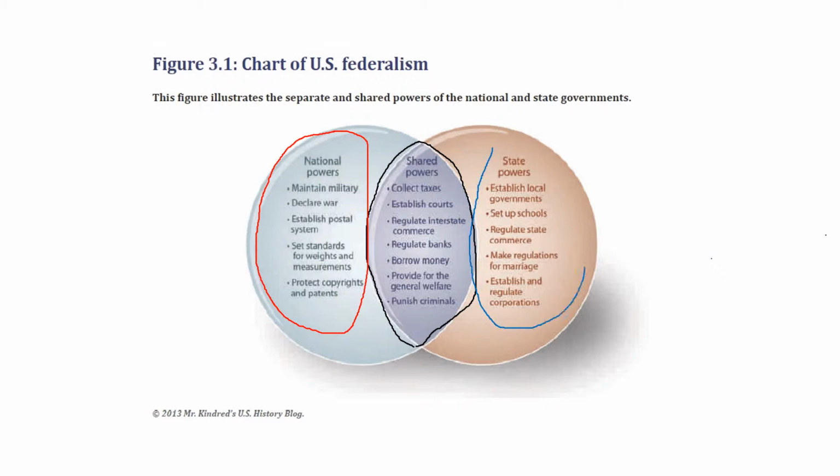That's the 10th Amendment. That's the last amendment in the Bill of Rights, and it says that all powers that are not delegated to the federal government are reserved to the states or the people. And so these are the typical things that states do in our system. All right, so that hopefully gives you a graphical depiction of the concept. What has happened over the years, and this is where the confusion comes in, is the lines have become blurred.